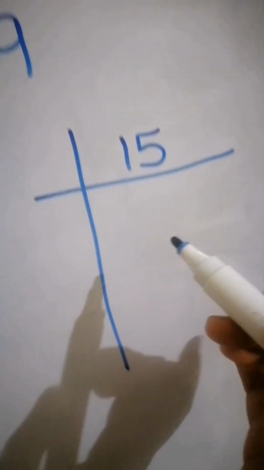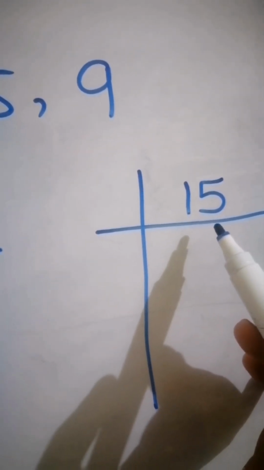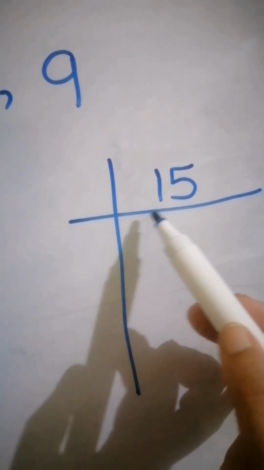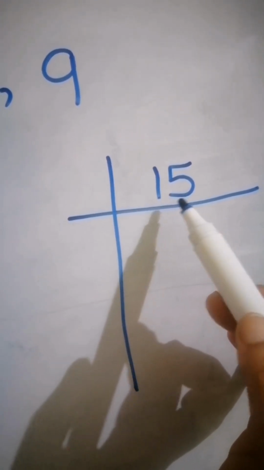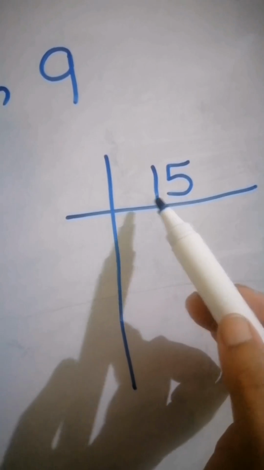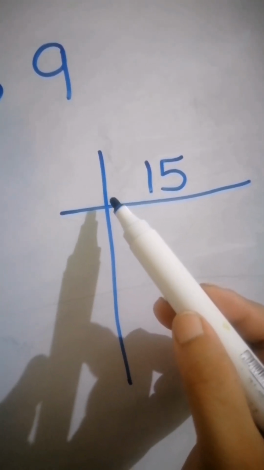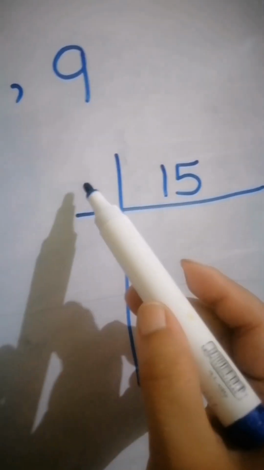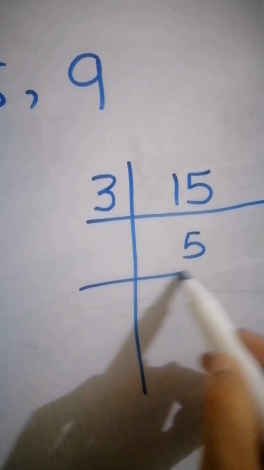Now we'll do the same. By the same method, we will do the factorization of 15. Again, we have the prime number 2. When we read the 2 times table, we see that we didn't get 15, because 2 7s are 14 and 2 8s are 16. It means we'll not divide 15 by 2. Now we move to the next prime number, that is 3. Again, we read the 3 times table. 3 1s are 3, 3 2s are 6, 3 3s are 9, 3 4s are 12 and 3 5s are 15. It means we'll get 3 5s are 15.